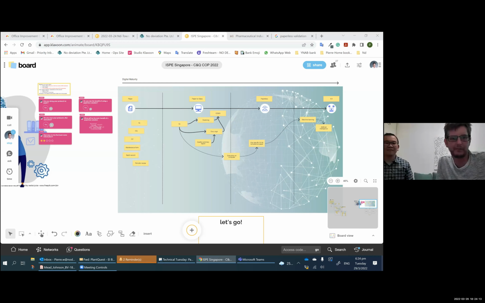The major obstacles when using paperless validation: the first is to choose which solution you want to use, right? There is a series of solutions on the market. So your company, or your project, needs to choose which solution. That's the first one, right? That's going to take 6 months to 1 year before everybody agrees and you sign a master agreement. Then the second thing you will see is, well, you need to have a process, right? Those digital solutions are still tools, but they don't define the data flow. So if you don't have a clear data flow, or if everybody wants to have their own data flow,